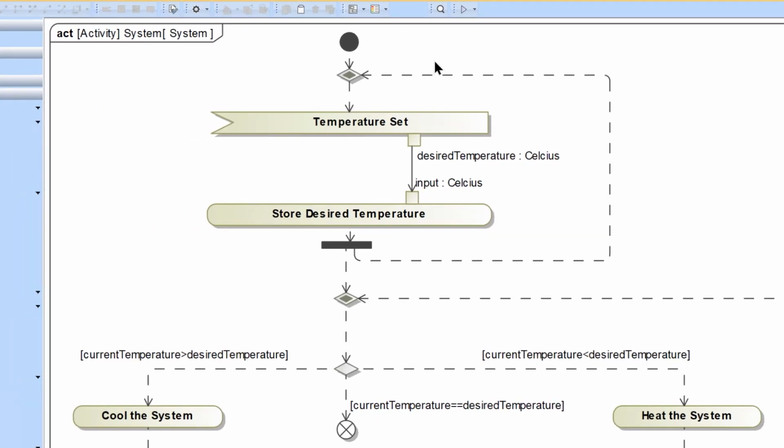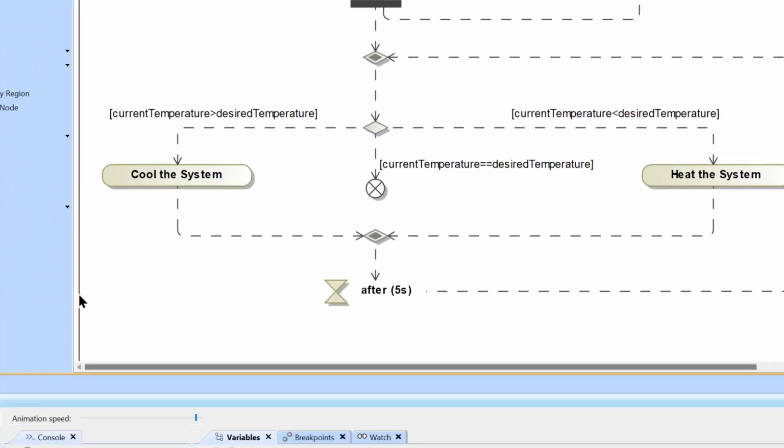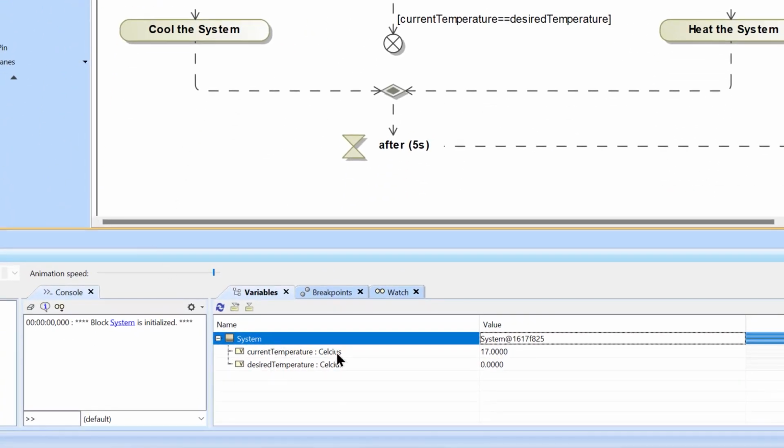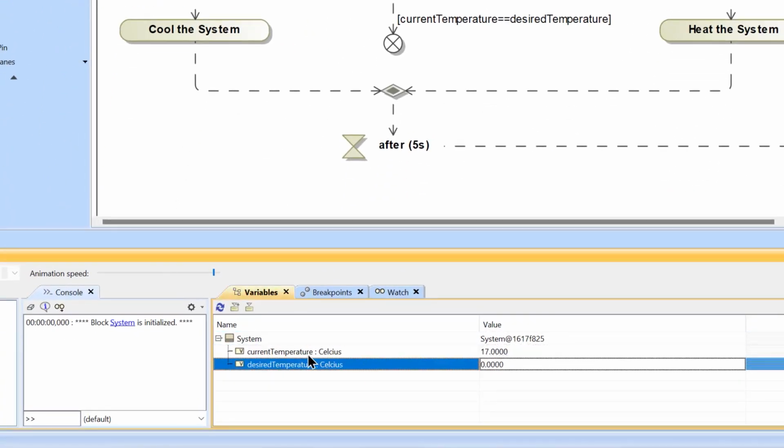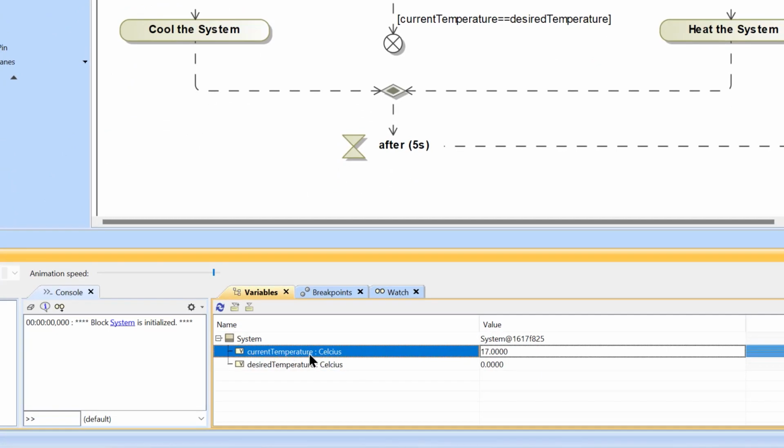So in this case, what you'll see happen is we will run this with context in order to access some of the value properties of the block that executes this activity. So these are the value properties that we'll be looking at: the current temperature and the desired temperature. Notice there's a default value currently for desired temperature at 17 degrees Celsius. And what will happen is,